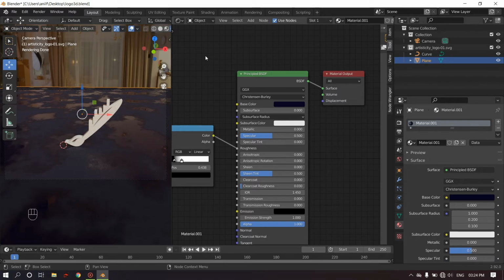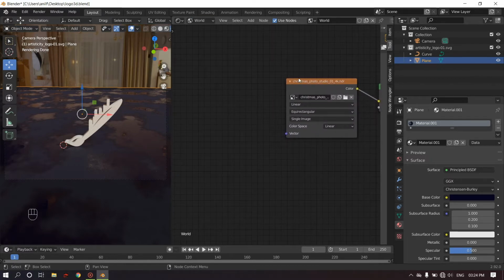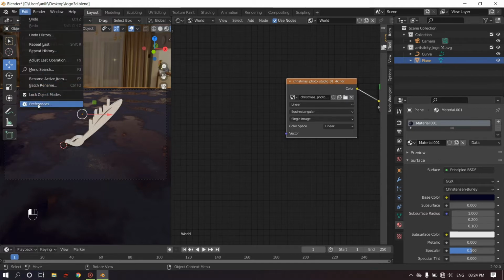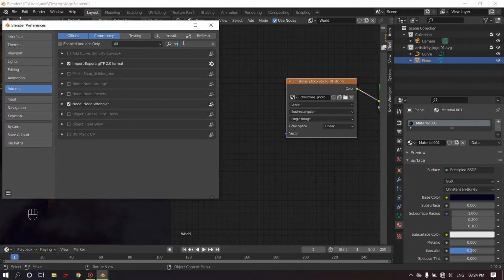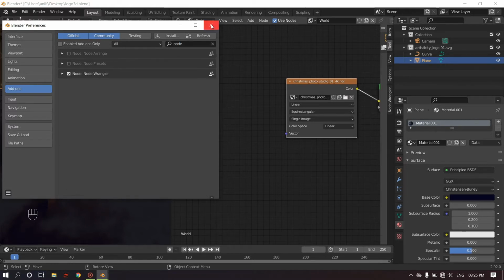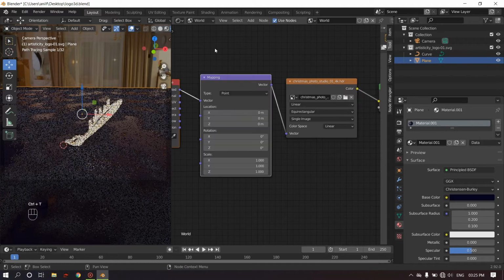Now I want to change the position of the HDRI. So to do that, you need to go back to World, and for this you need to have your Node Wrangler add-on enabled. To do that, edit, preferences, in add-ons, search Node Wrangler. You need to check this and then click on the HDRI and press Ctrl plus T to